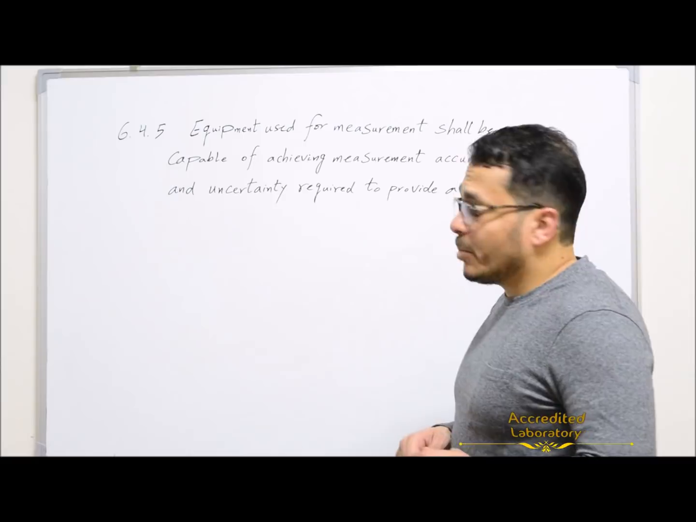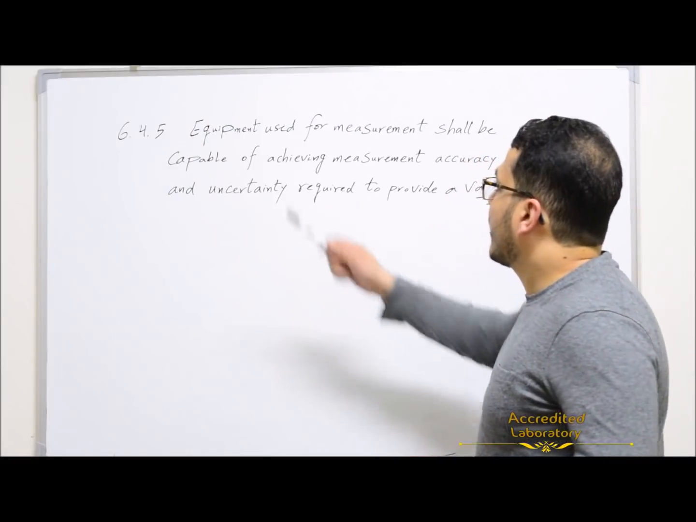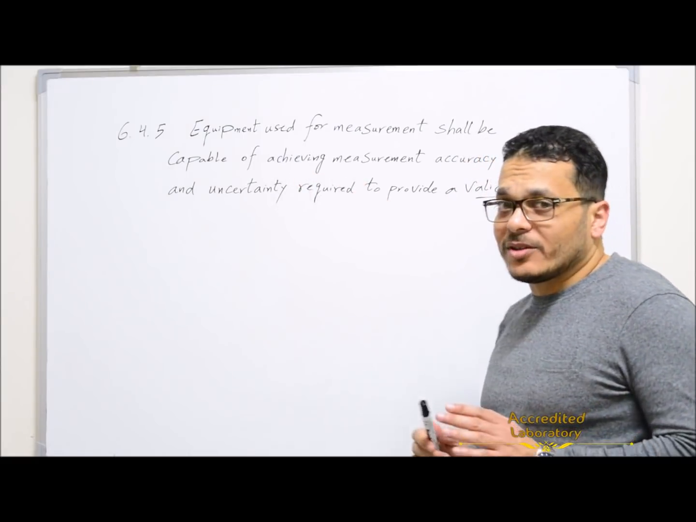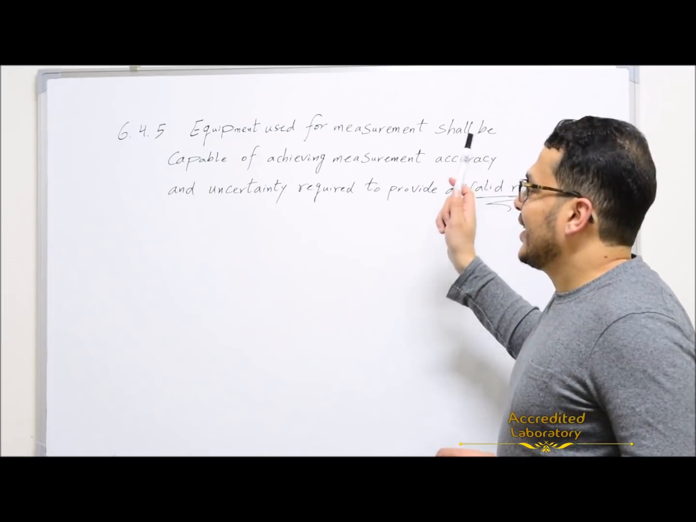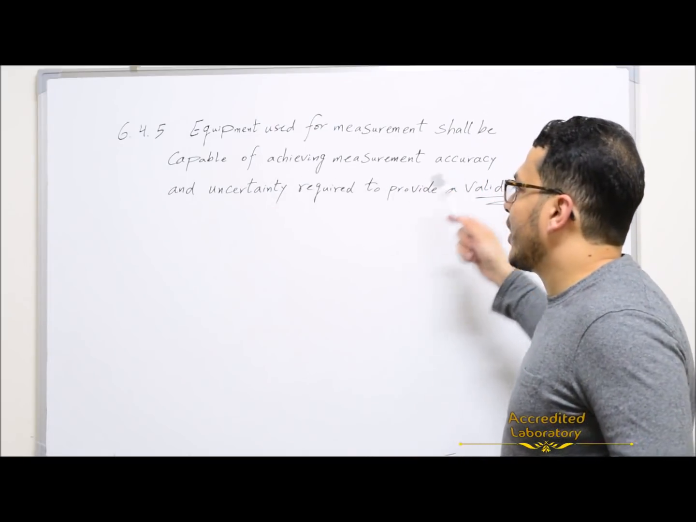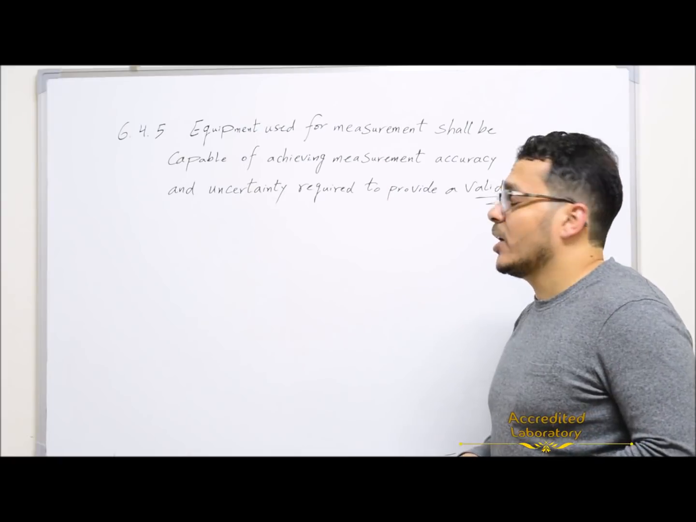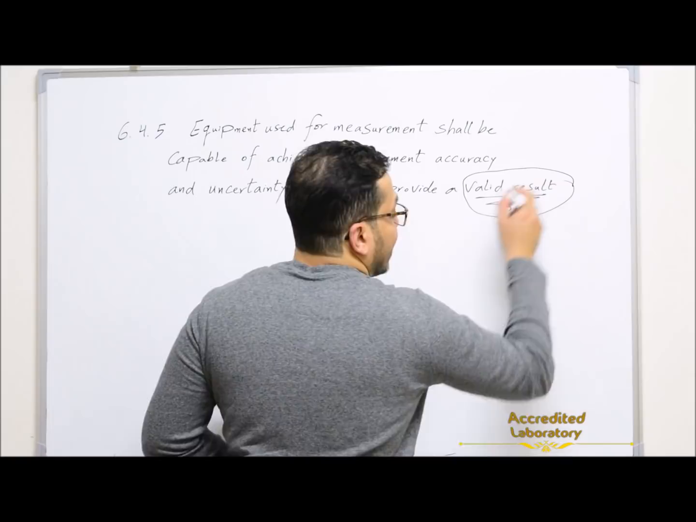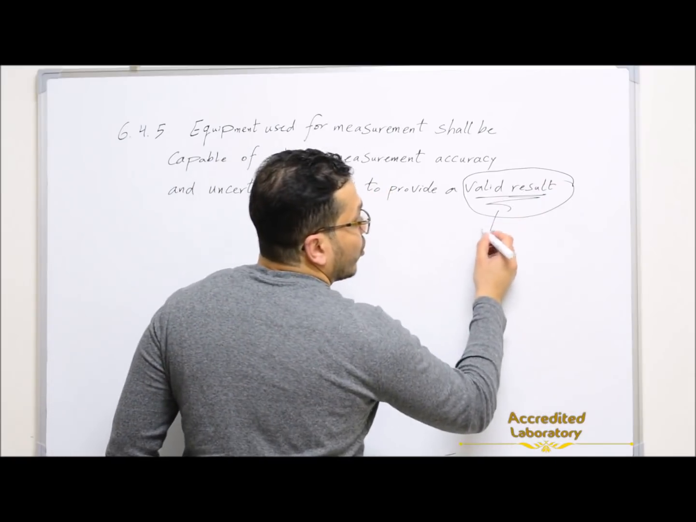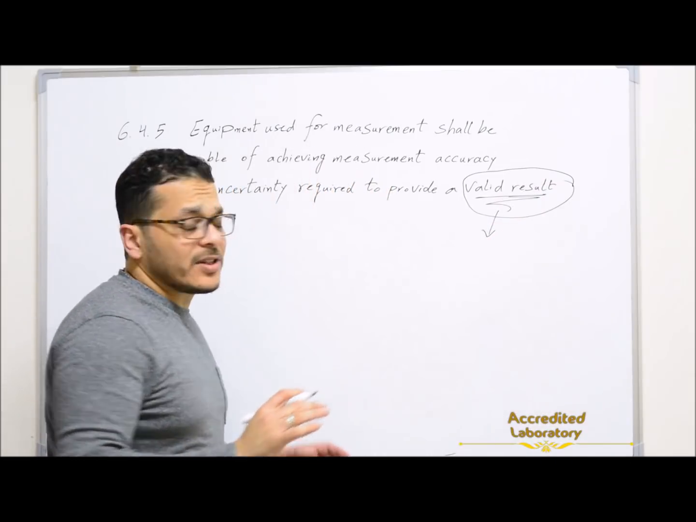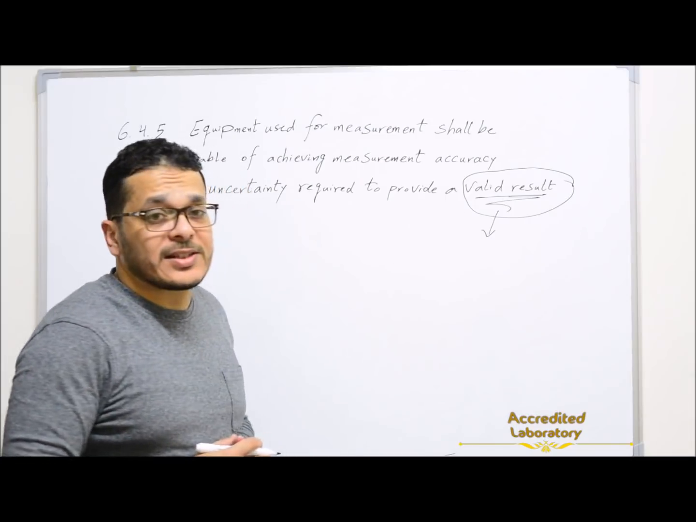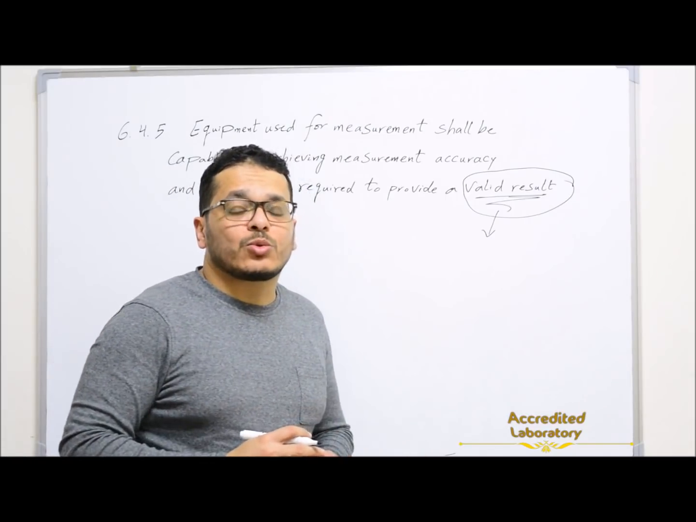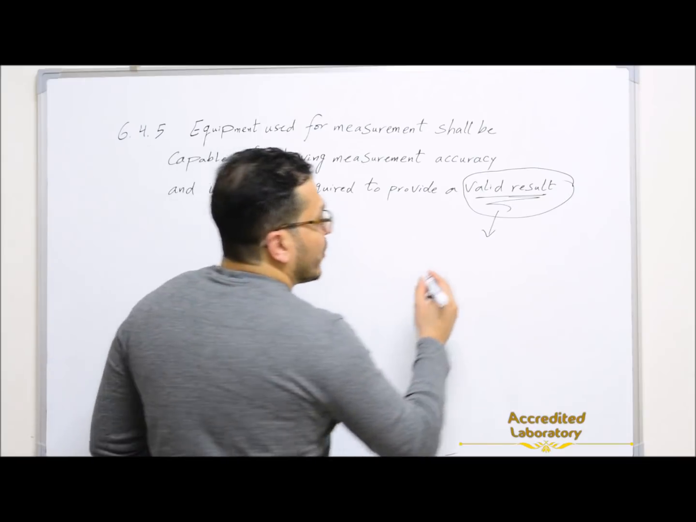Another point, explained before many times: equipment used for measurement shall be capable of achieving the measurement accuracy and uncertainty required to provide a valid result. And valid result, as we said, is a new expression now, not only an accurate result. The difference between accuracy and validity: accuracy is the closeness of results to the true value, but validity of results